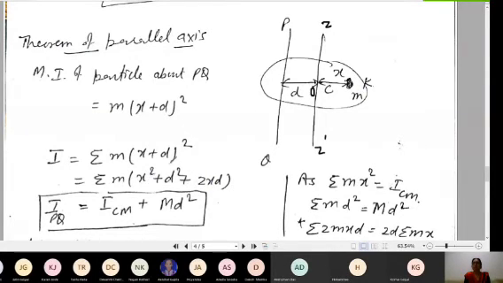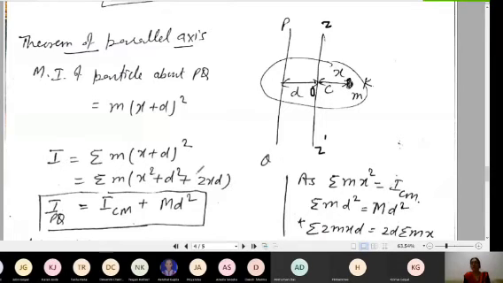for the first particle, if I am taking mx², that is giving me the moment of inertia about this z or z', that is about the center of mass. Summation of mx² is equal to the moment of inertia about the center of mass. For the summation of md², I can write the distance is the same for all the particles on this line. If I'm taking all the particles from this line, they will have the same distance. So the summation of m can be replaced by the total mass of the body, capital M. So I can write it as Md².